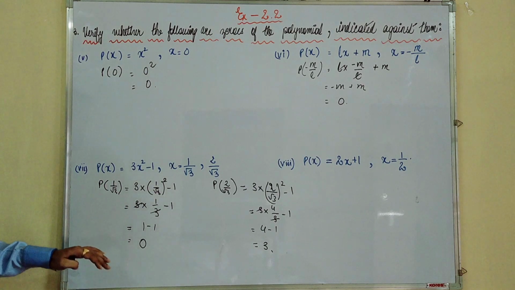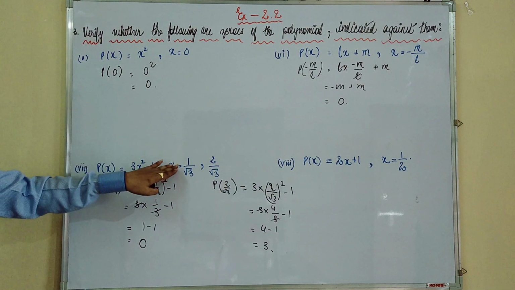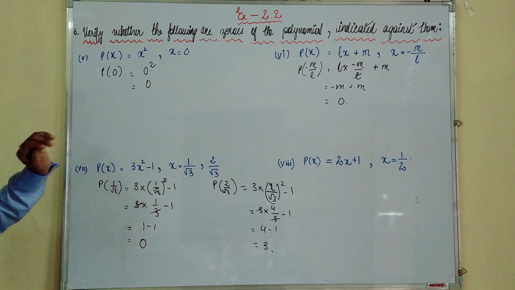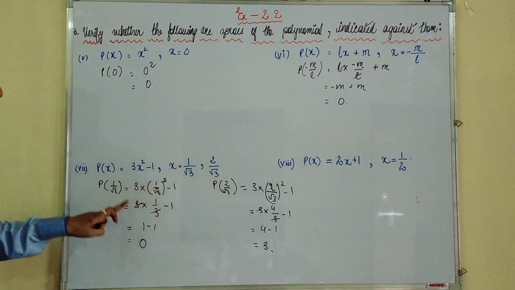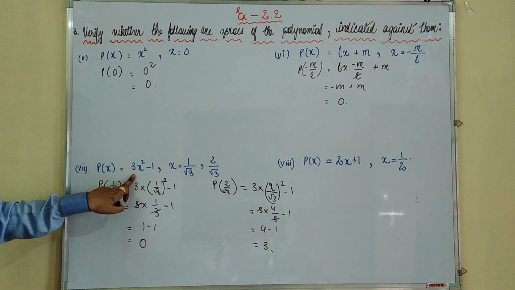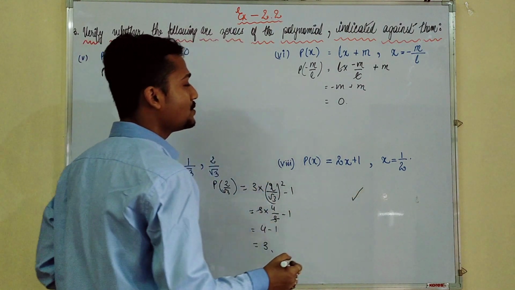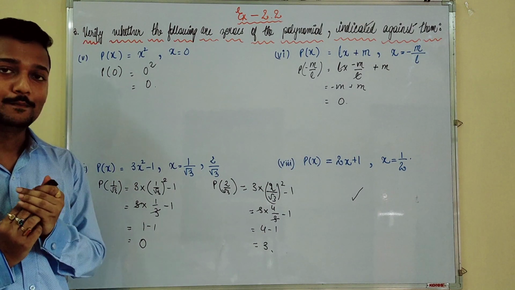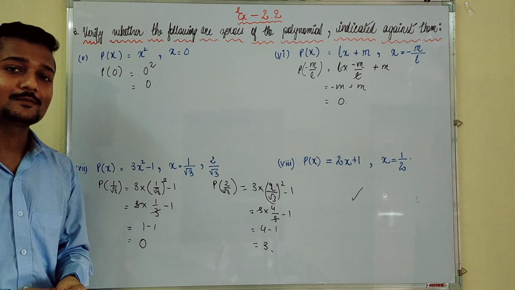In this particular question, if you see here, x equal to 1/root 3 is 0 of the polynomial p(x) is equal to this, but 2/root 3 is not 0 of the polynomial p(x) is equal to this. That statement you have to note, write it down. And this particular question, I believe after doing so many questions you will be able to do the last question that I have kept blank. Okay, so note it down quickly, then we are going to move on to the next particular part.